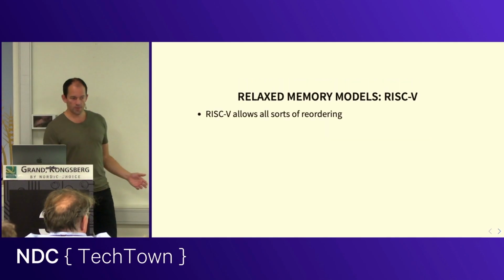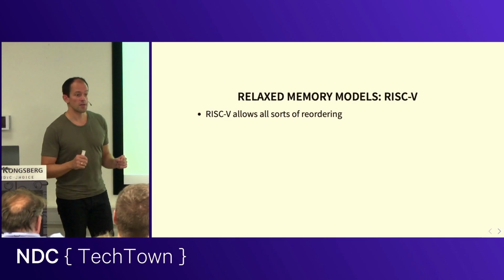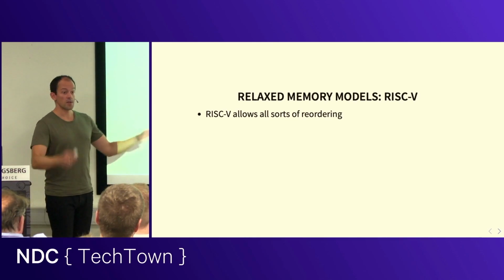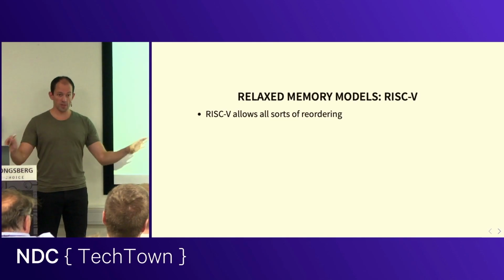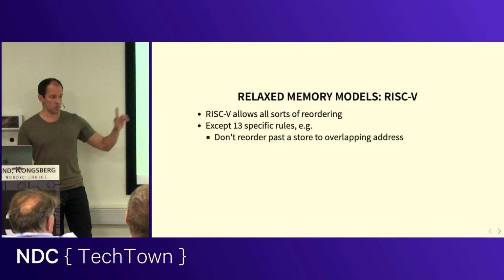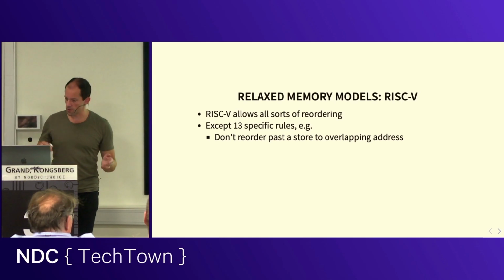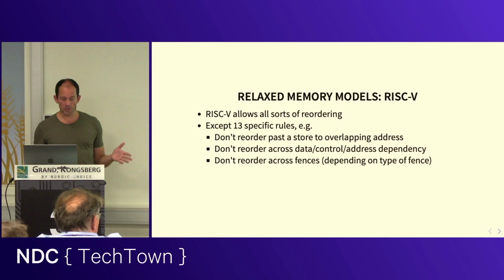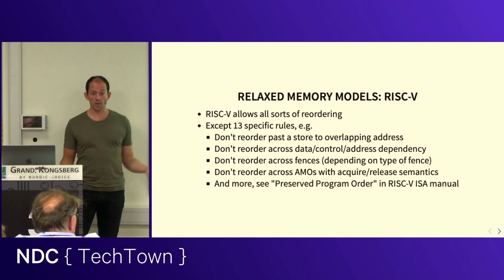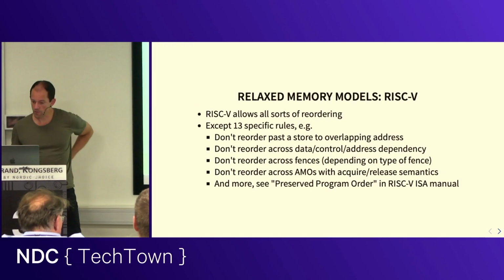Yeah, so RISC-V, like you saw, TSO, sequential consistency, the simple one, preserves everything. TSO says preserve everything except you can delay stores. RISC-V says you can reorder whatever. Everything is by default allowed except 13 specific rules. So it has don't reorder overlapping stores, the dependency stuff, fences, like it has, yeah, just check the manual. It has 13 rules. So like these few specific things save as kind of like the default thing,